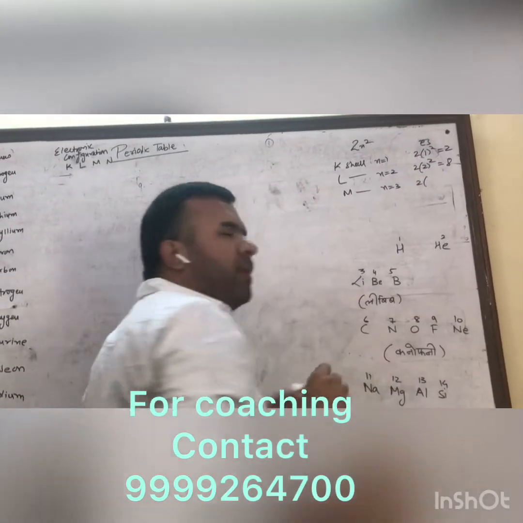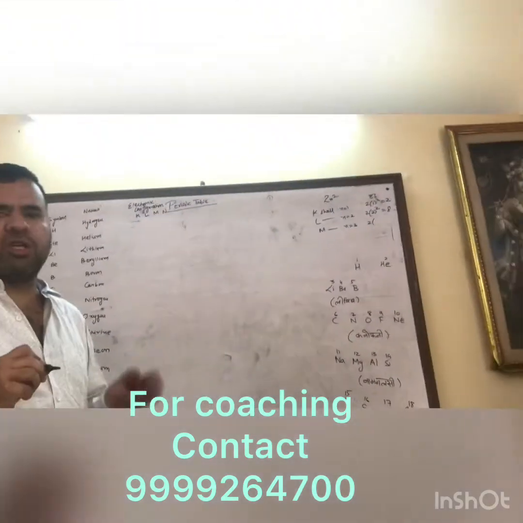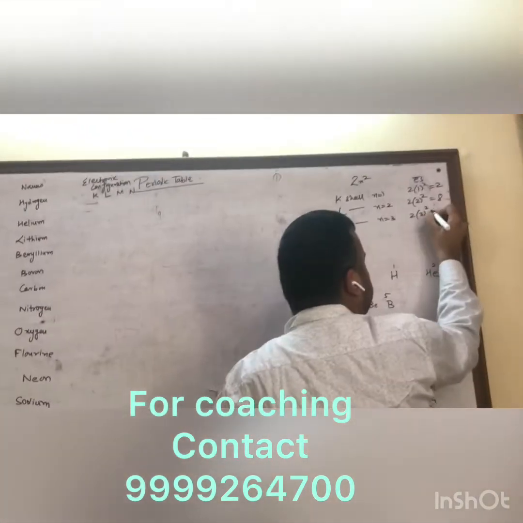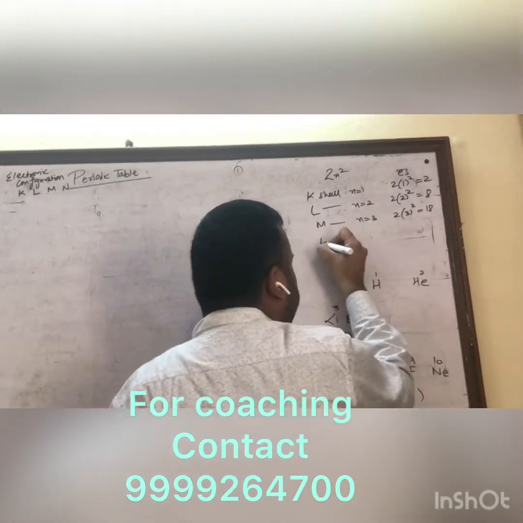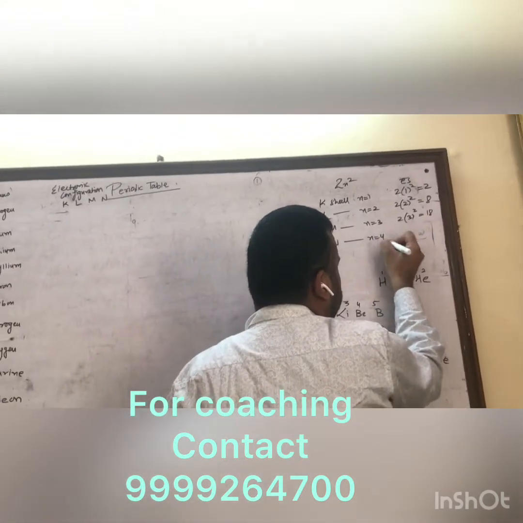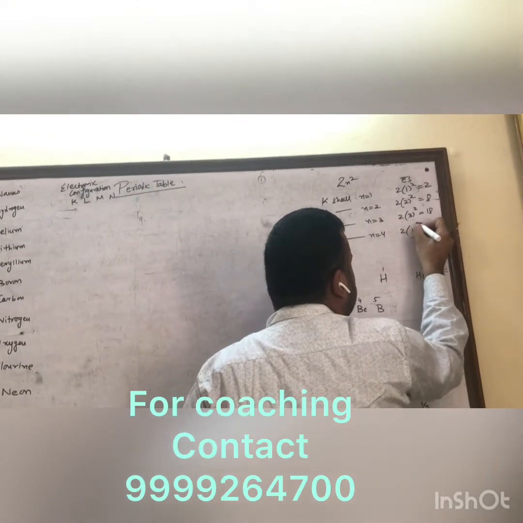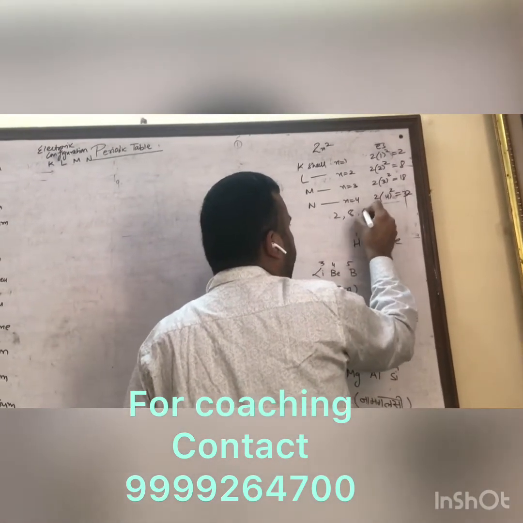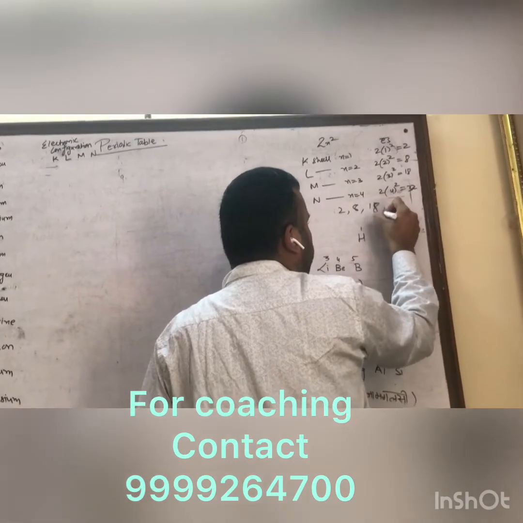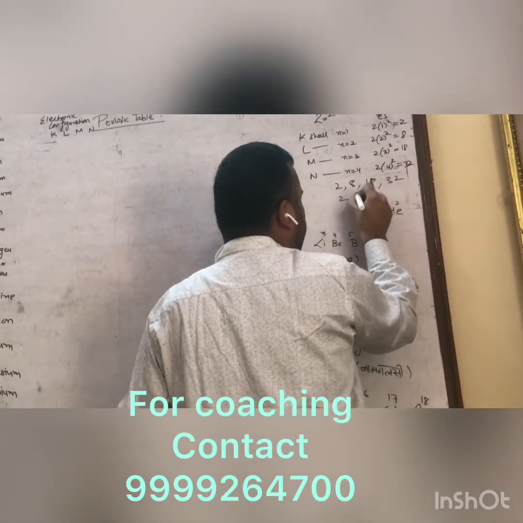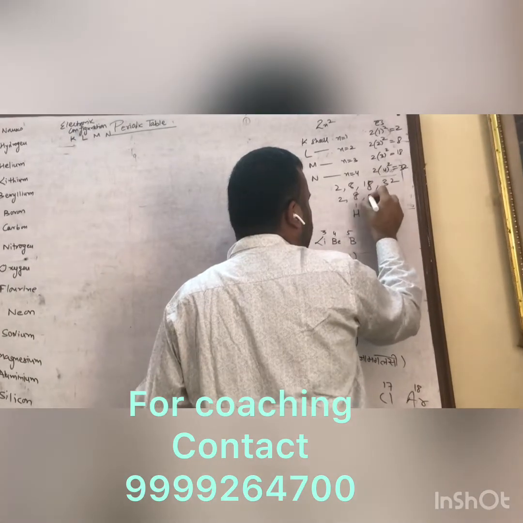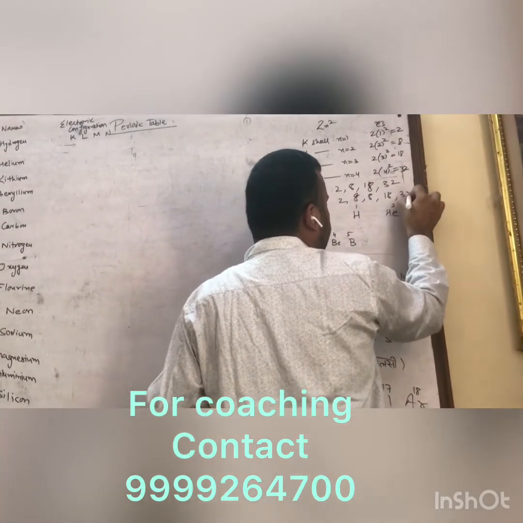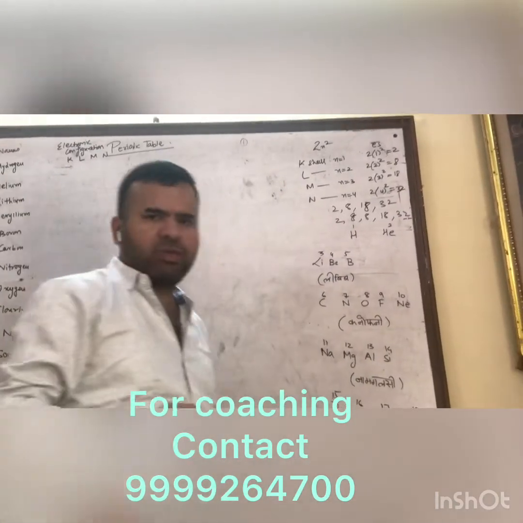These are the number of electrons which a particular shell can hold, right? So we have 2 into 3 square, 18. Similarly N shell, 2 into 4 square, 32. In reality it is 2, 8, 18, 32. But when we study electronic configuration, it will be 2, 8, 8, 18, 32, and so on. Why is this so?